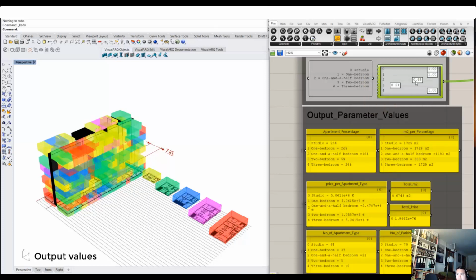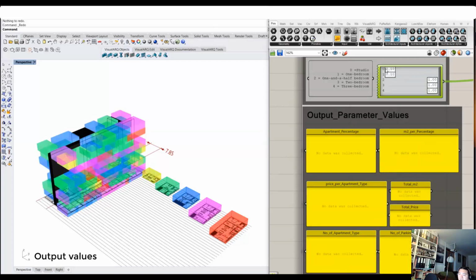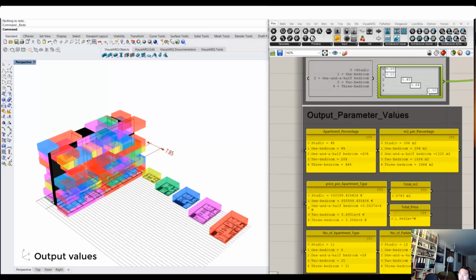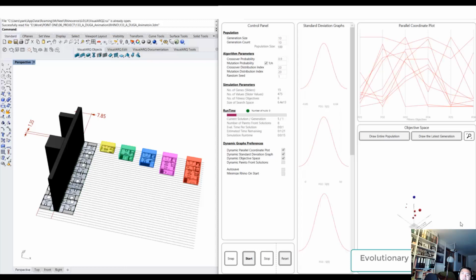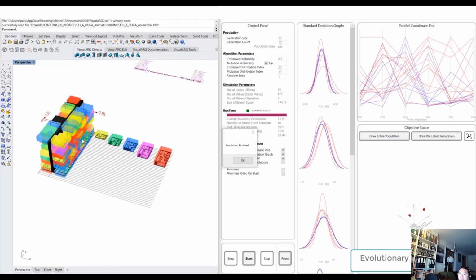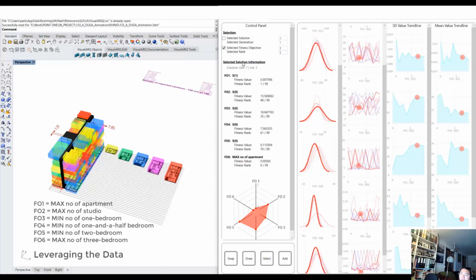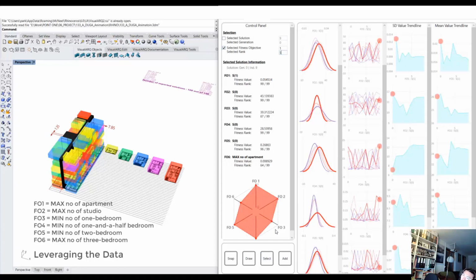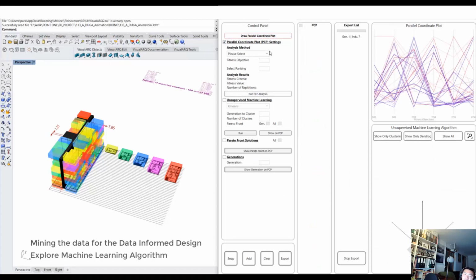We can give the input data such as the apartment percentage, square meters per percentage, and the number of parking spaces for each apartment type, and we provide different apartment layouts with certain metrics, and there we can see the circulation constraints, and the parametric design tool generates different design options that you can select and compare in a generative design way. In this case, Grasshopper was used with a Wallacei